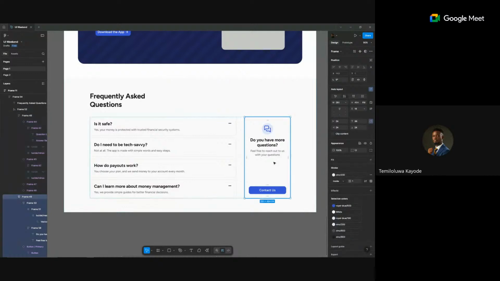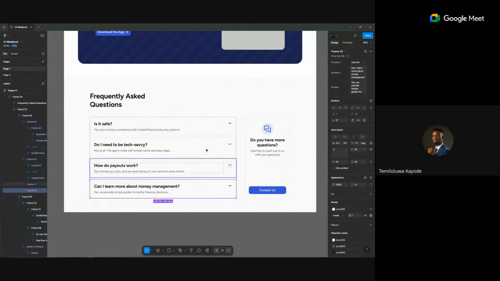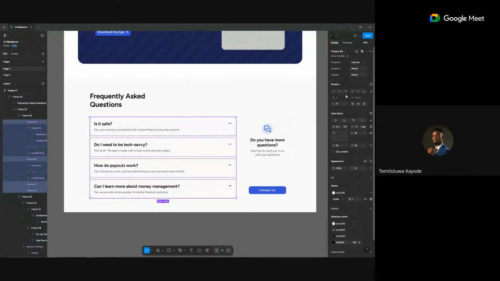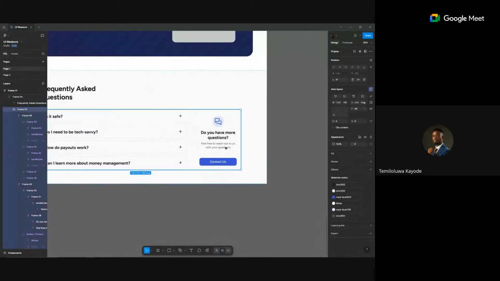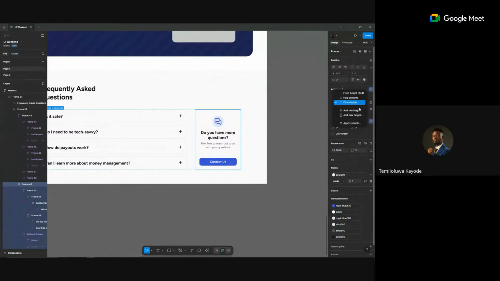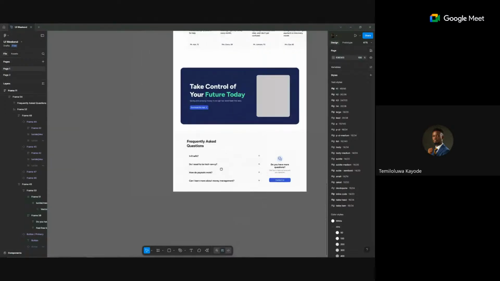So what we can do is let me change everyone back to their default closed states. So this could be fixed heights, so it doesn't change. Leave this as fixed heights. Adjust the width a little, maybe make it 320. What happened? Is it nice like this? Let me take it back. Okay, so in such a way that if I play the prototype now,